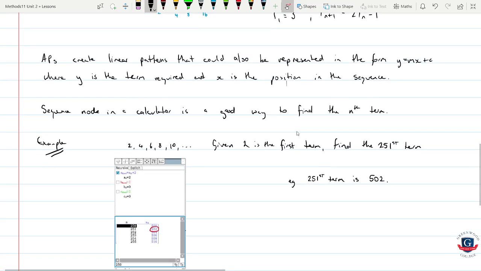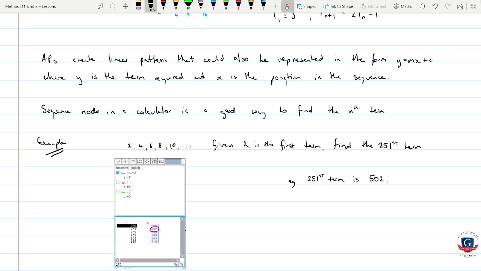So APs create linear patterns that can also be represented in the form y equals mx plus c, as we've done before, where y is the term required and x is the position in the sequence. And when we look at series, we'll see something similar to this. But for now, just know that it can exist. Sequence mode in a calculator is a good way to find the nth term. So if we have the sequence 2, 4, 6, 8, 10, given 2 as the first term, t1,